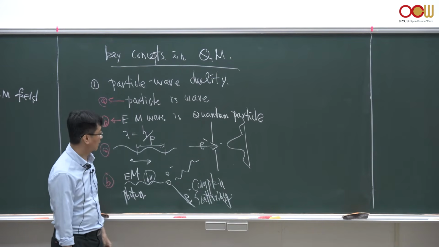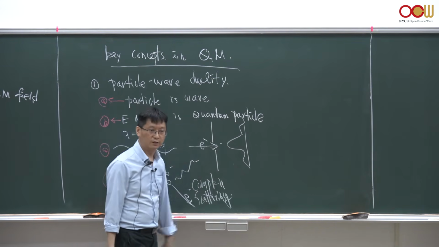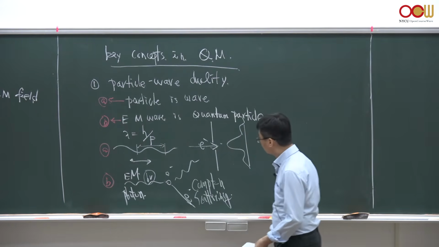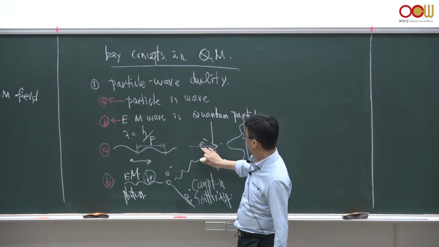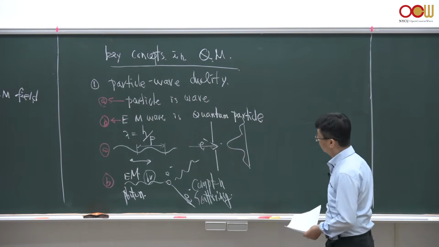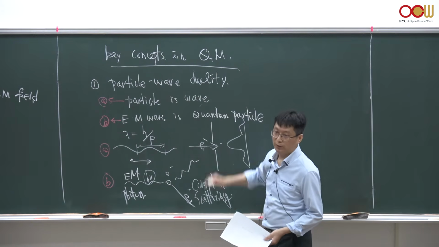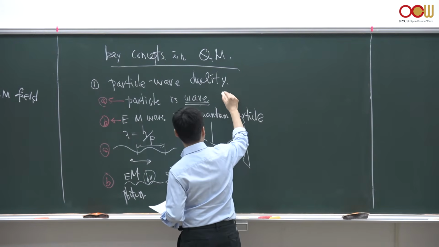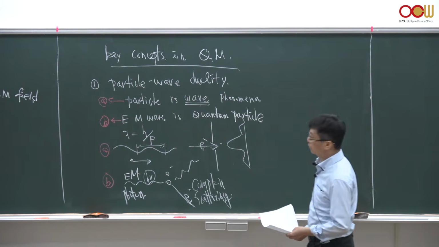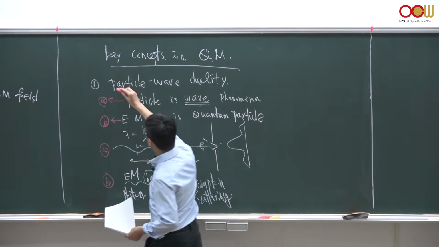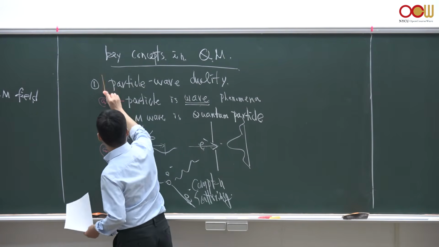But the electron can also give such a phenomenon as electron diffraction, which is a proof that a particle in the quantum mechanical world can take on wave-like phenomena. And that is called the particle-wave duality, meaning in quantum mechanical systems,